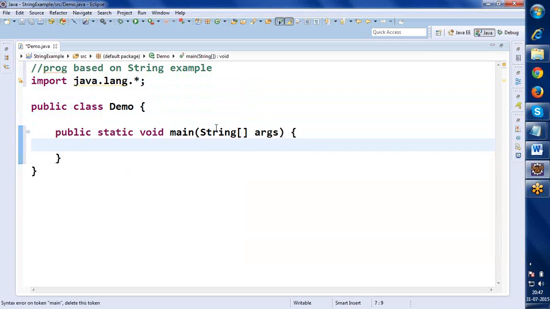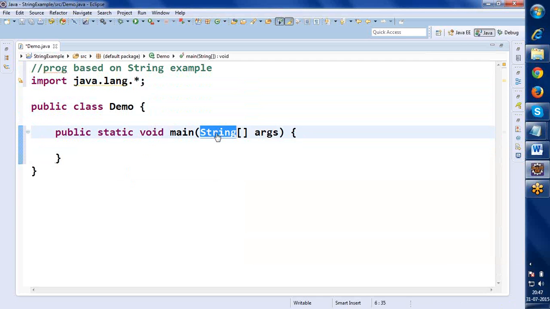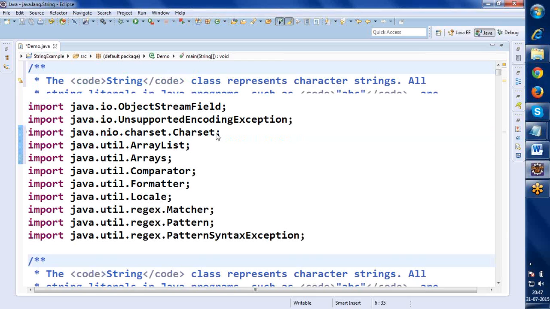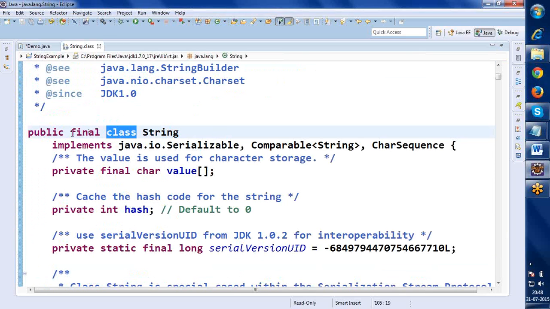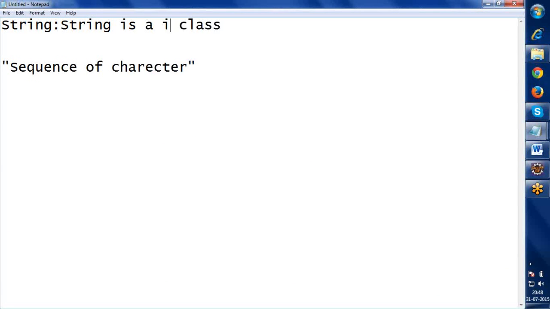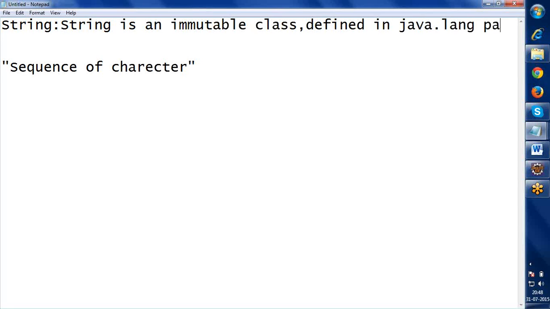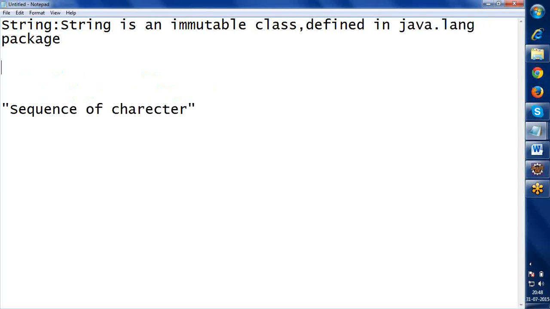Here also you are seeing the String. We are going to learn about this. String is a class. You can see that it is a class. When it is final, then it is said to be an immutable class. So you have to define it this way: String is an immutable class defined in the java.lang package. This is one way. Another thing,